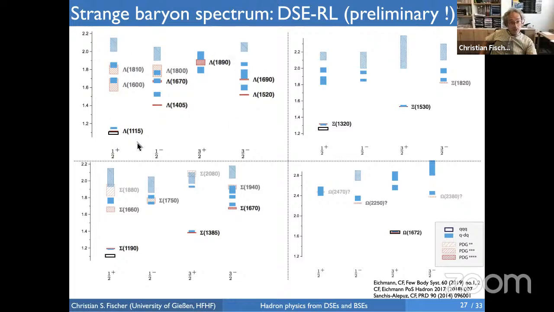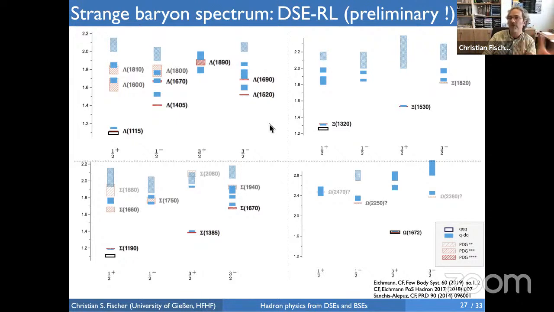So the lambda with one strange quark. We have the sigma, also with one strange quark, and we have the cascades with 2 and the omega with 3 strange quarks. And again, we compare the results in the quark-diquark and the 3-quark framework with the corresponding experimental states. You see agreement in some of the channels, but in other channels, we actually find more states than have been seen in experiment. But alas, this now seems to be a problem with experiment.